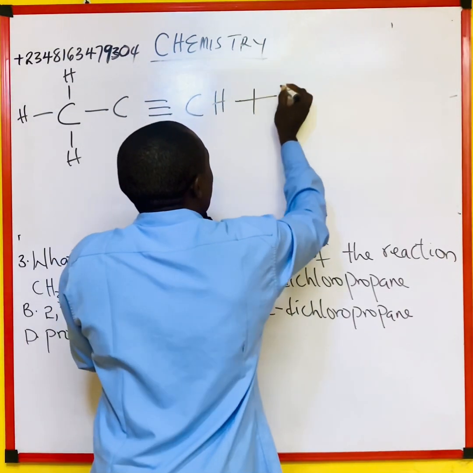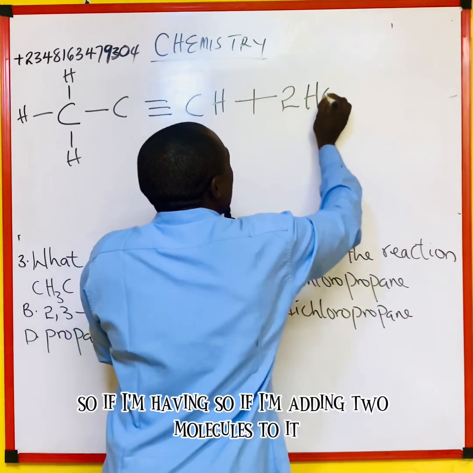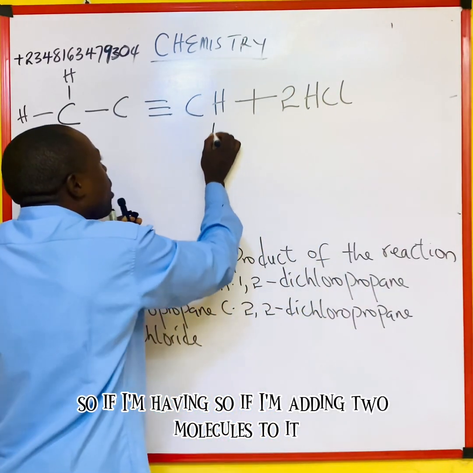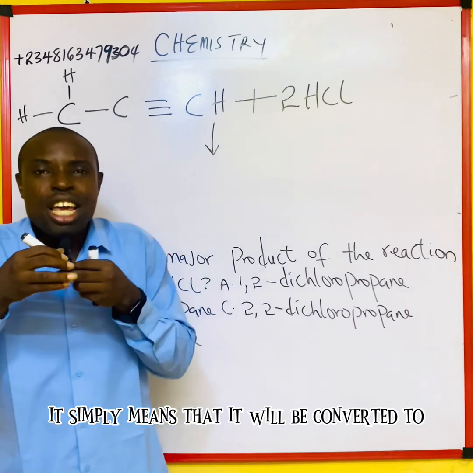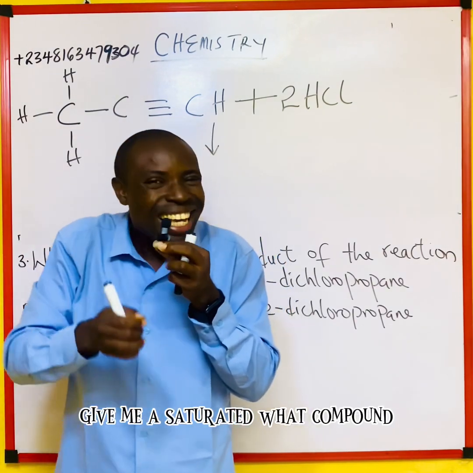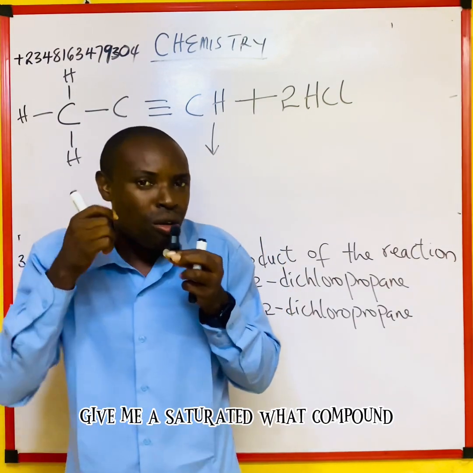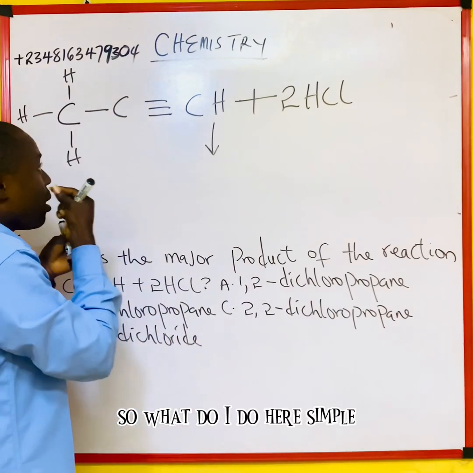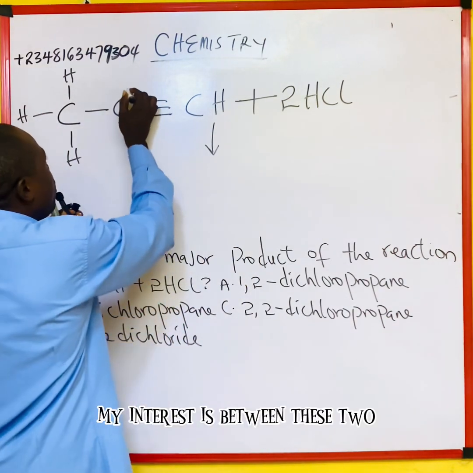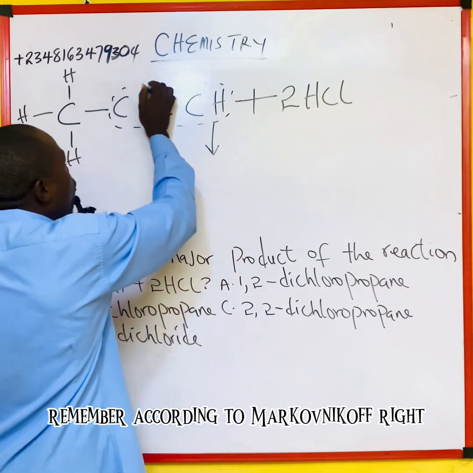I'm adding two molecules to it, which simply means that it will be converted to give me a saturated compound. So what do I do here? Simple. My interest is between these two. Remember, according to Markovnikov rule,